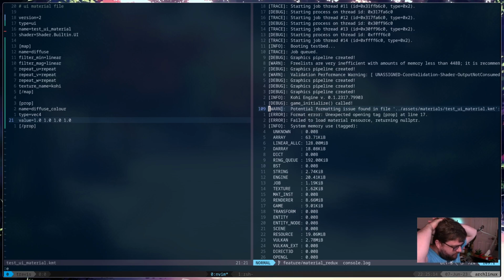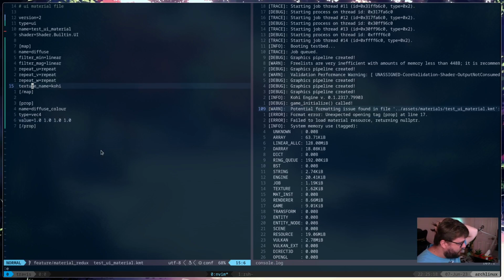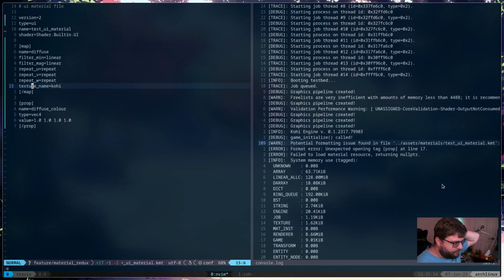Formatting issue. It says it can't find the equal sign, but I'm looking right at it. What am I missing with this file? It's also bleating about this.